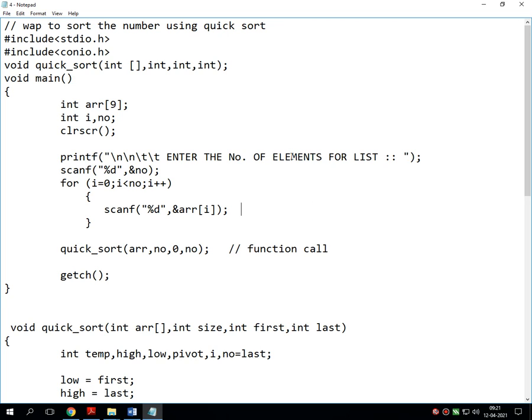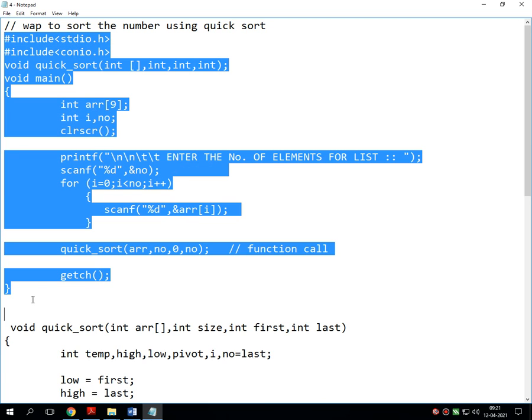I am just giving you 2 minutes. Note down this particular program by pausing the video. First write down this selected line of code. That means just pause your video and write down this selected line of the program.